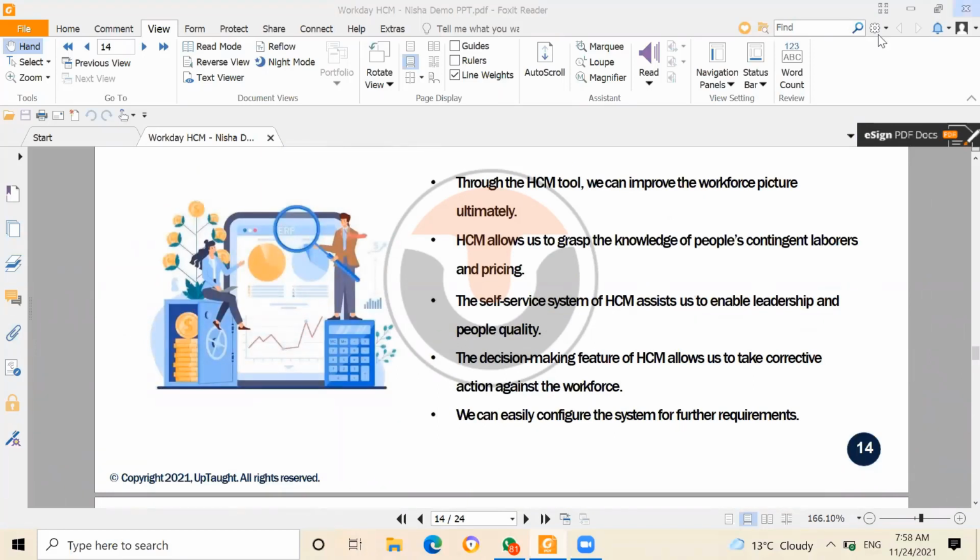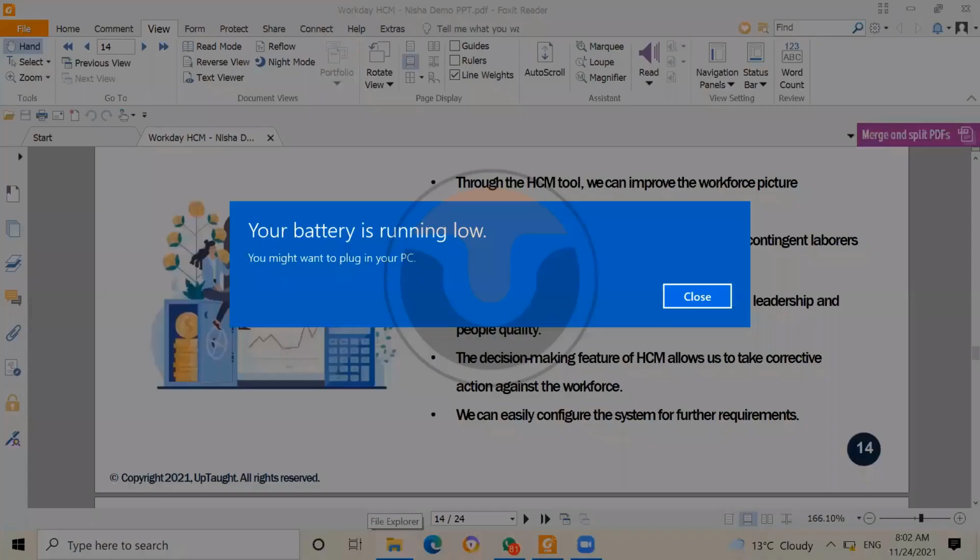Wait, let me connect my charger, please. I'm just muting myself. I'm connecting my charger. It's low on battery. Give me a second. Okay, hello. Sorry for the interruption. Actually, it will work for 20 minutes at least, and we are going to wind up before that. So Gabriel was asking me